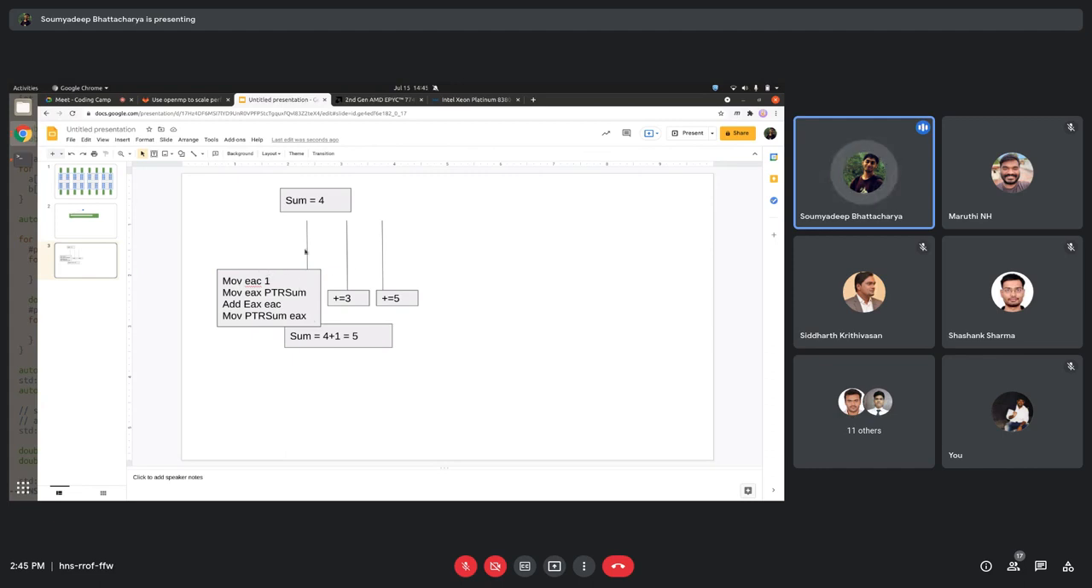Now, when this thread has read the sum value into the register, it is possible that this other thread came and also tried to read the sum value. So this thread here will end up reading sum equals 4. Then it will add 1, so sum becomes 5, and it will write back sum equals 5. But if the same thing was being done simultaneously by this other thread,